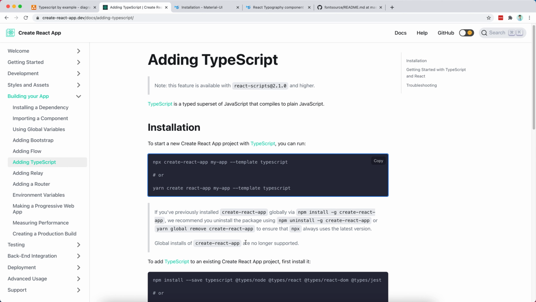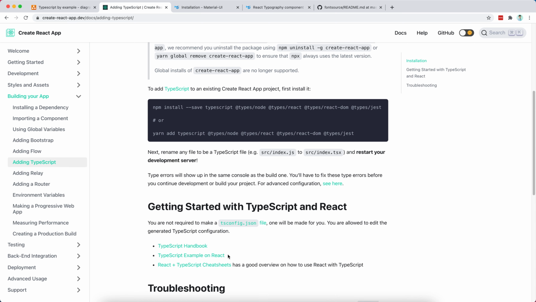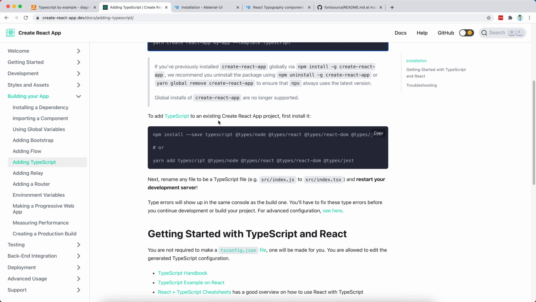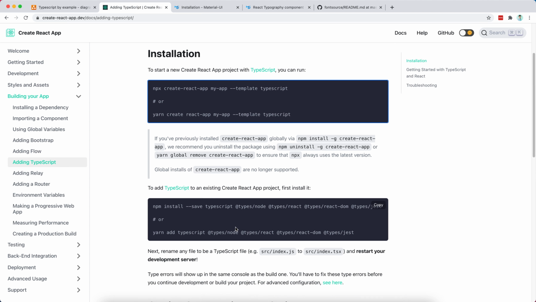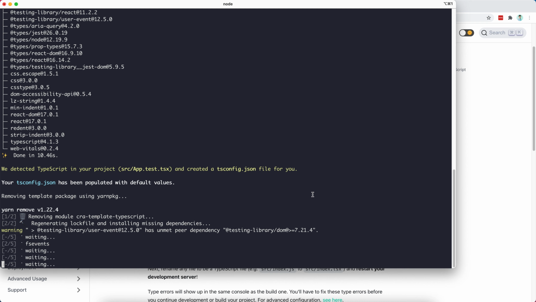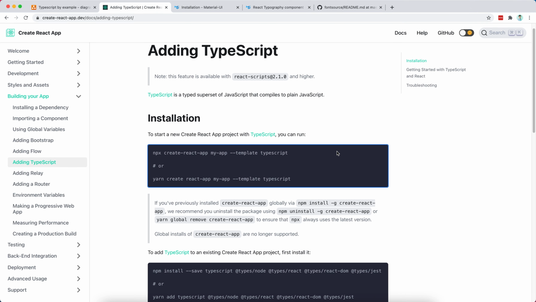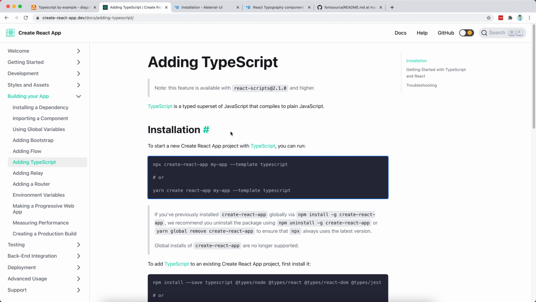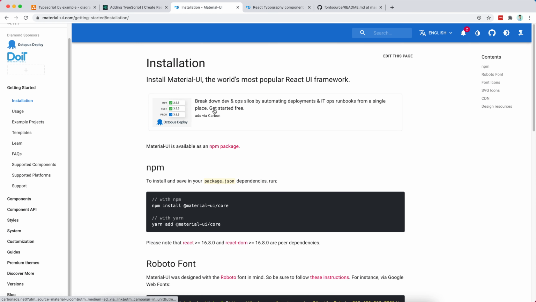If we had a running project, then there are some additional instructions here that we could consider or that we should follow, right? So let's have a look. It's still installing everything. And in addition to create React app, what we are going to use is the material